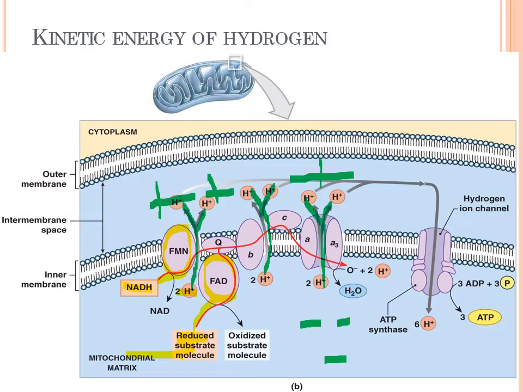So in this case, it's the same thing. We have all of these positively charged hydrogen ions out here, and they want to come back in because it's negatively charged inside here. So what happens is this ATP synthase, which is here, has a channel to allow hydrogen ions to re-enter. And that influx of hydrogen ions back into the matrix of the mitochondria is going to generate enough power to produce additional ATP.